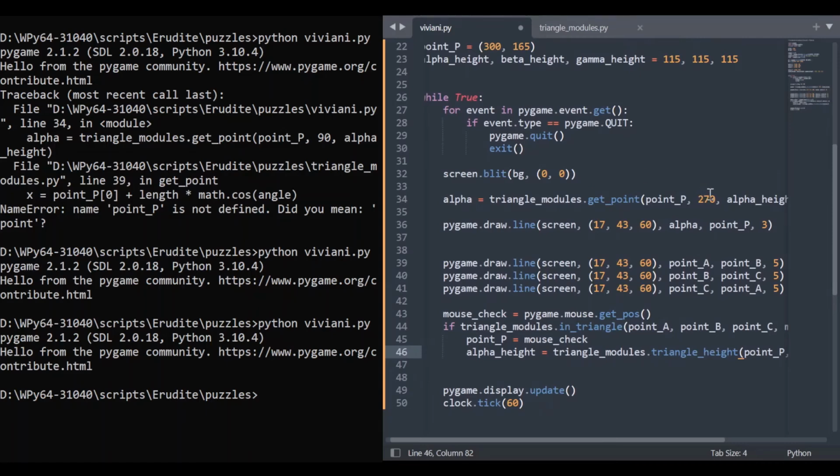Oh, it's because I did this angle wrong, as this is meant to be one that goes to alpha. Yeah, alpha is between A and B, that was the whole point. But 270, so we need to go back 120, because it's the triangle, 120 degrees, remember? Which will put us at 150. So now, if we run that,